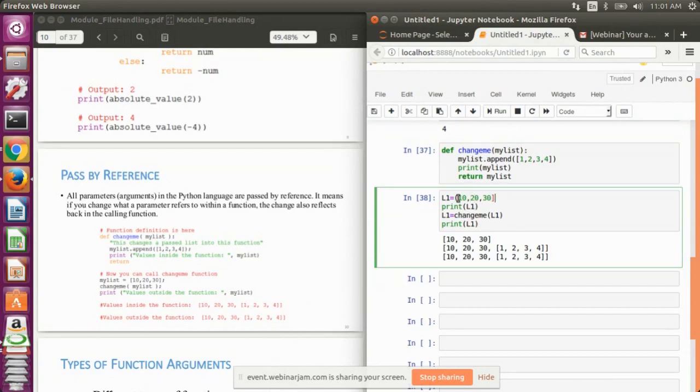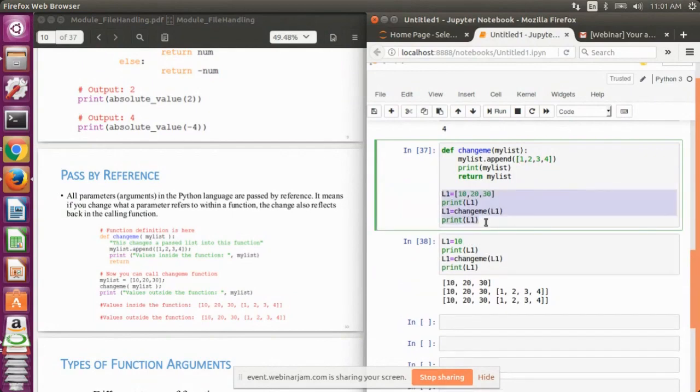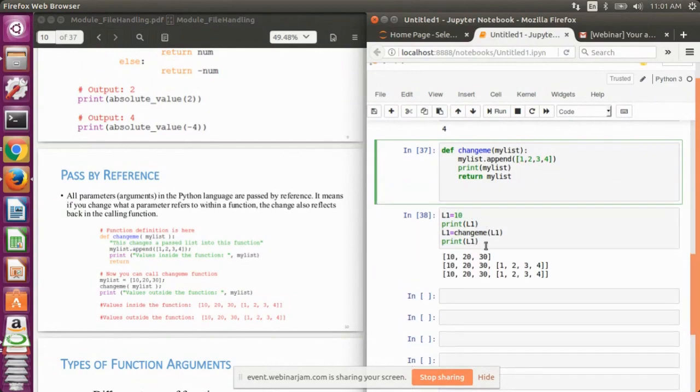Let me show you a simple example with variables.